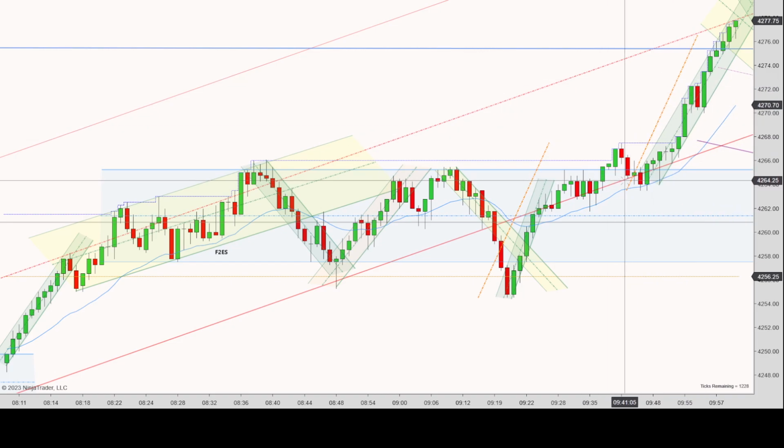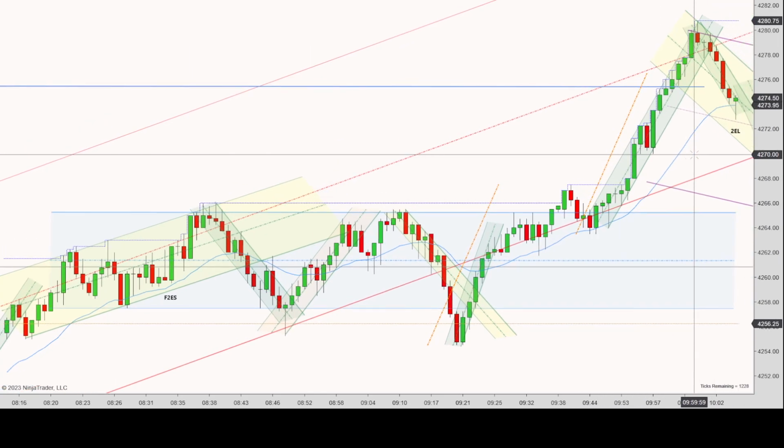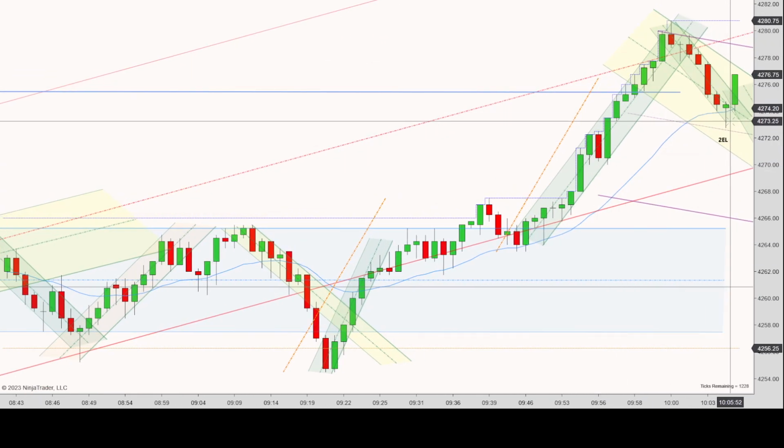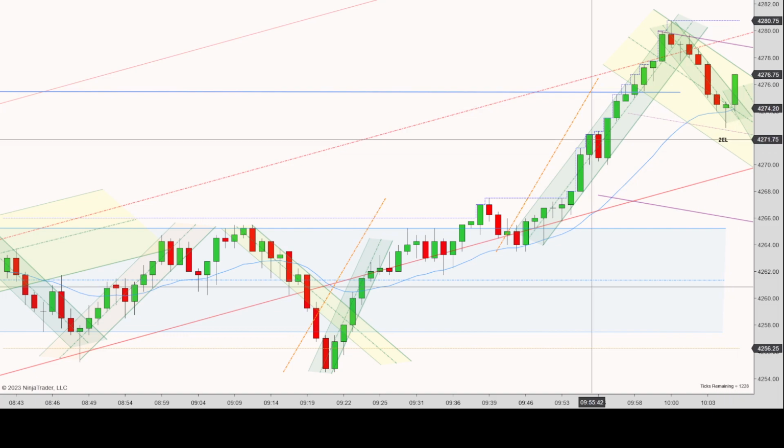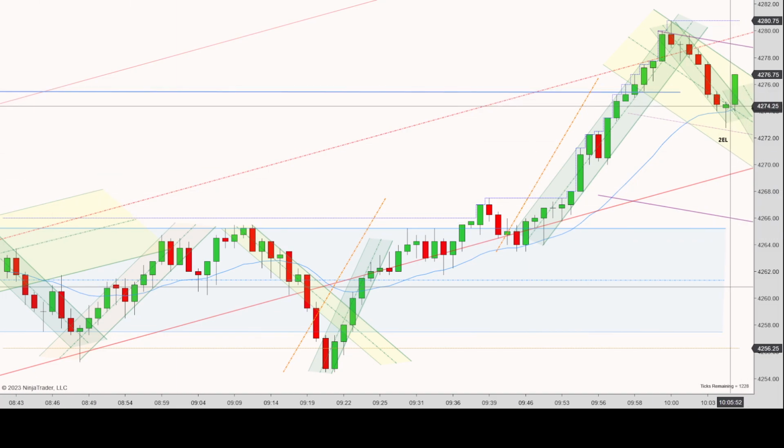If there was, then, well, obviously my experience level and how long I've been staring at charts isn't enough to tell me there's any kind of safe trade here. I do see a new high. It's a first entry long here, pull back, and then this creates a second entry long. Now, I thought this was a possible trade in real time, but I wasn't sure about my chart reading skills